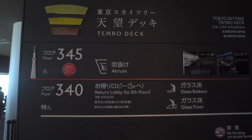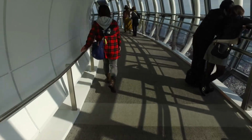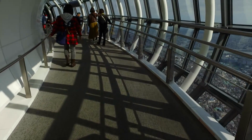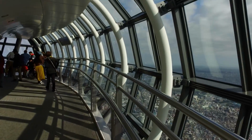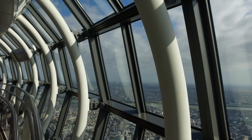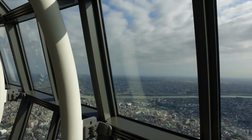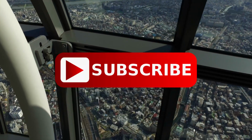It was time to move on to the upper deck, which requires you to take a second elevator. It's a short ride. Once you get to the top, the view is even more amazing. However, the windows are significantly smaller, which means you'll have to work harder at getting that perfect image. But just like everything else in life, if you want something bad enough, you absolutely must put forth the effort,